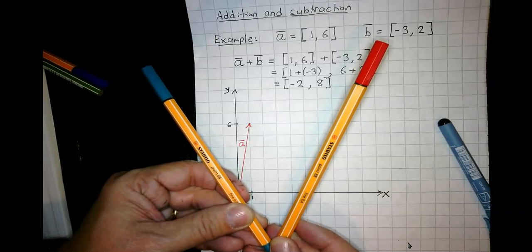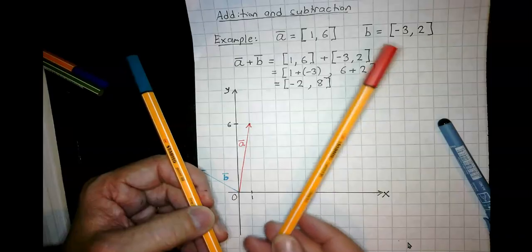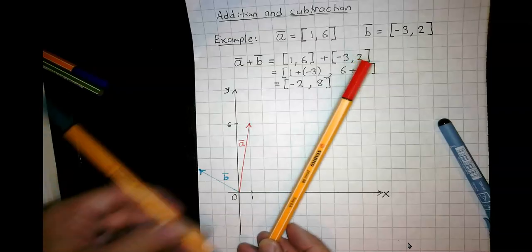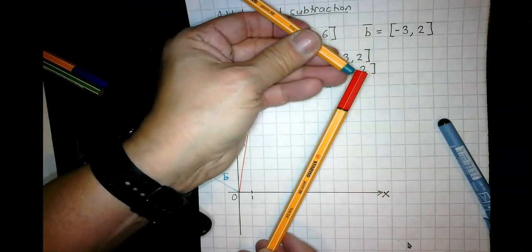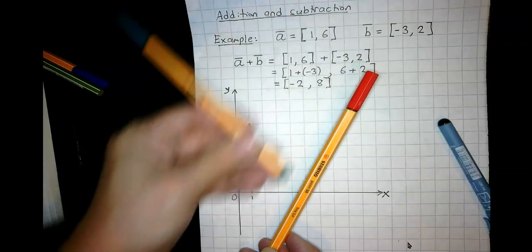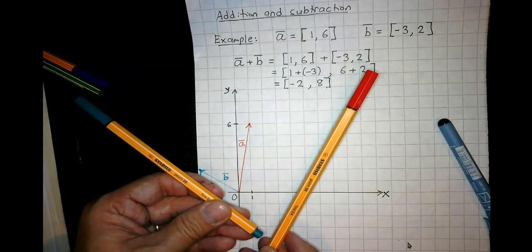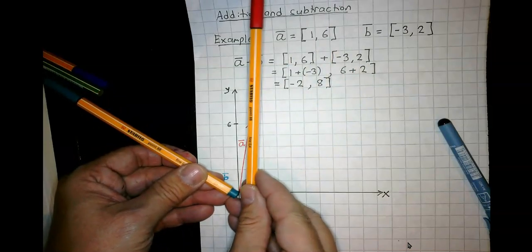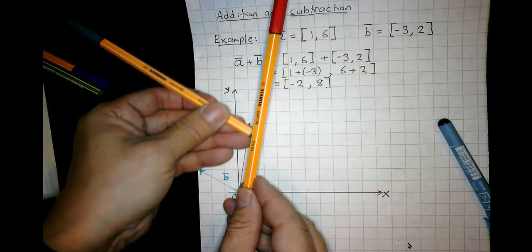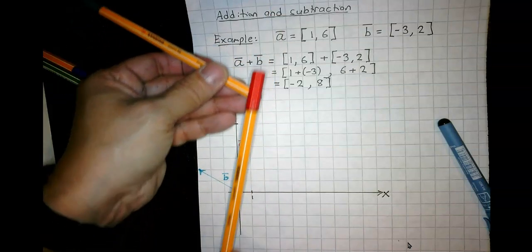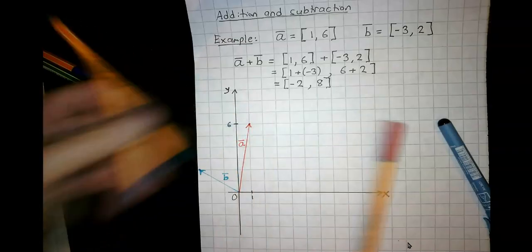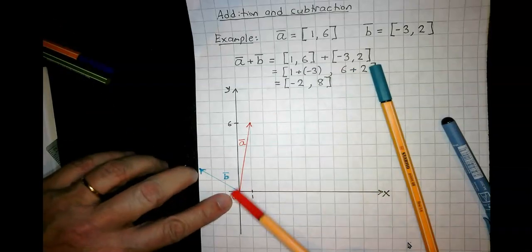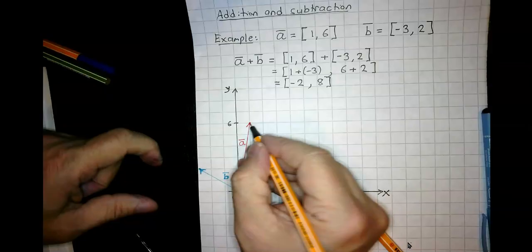So for example, we draw this A vector first, and then we have this B vector here, so we add this B vector to the end of this A vector, like this. We have the length and the direction the same as we had here in origin. We are moving it with the same direction to the end of this A vector. And from this picture we can see that if we have this A vector here, and then we are moving from this point